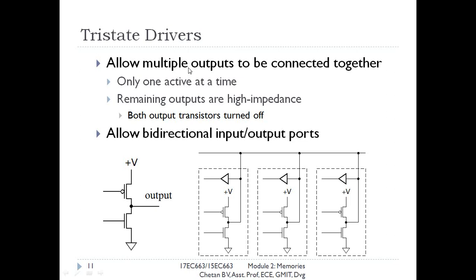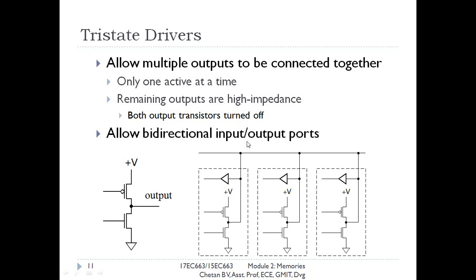These types of tri-state drivers are used in scenarios where we can connect multiple memory components and simplify the connection. They also provide buses that allow multiple data sources to provide data in a system.